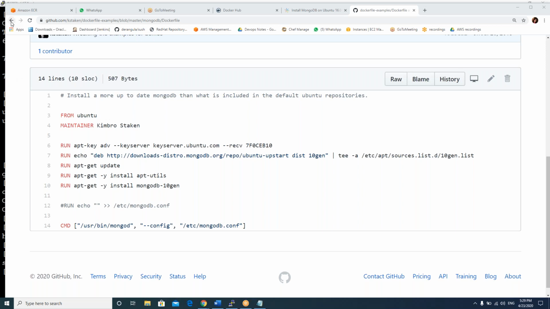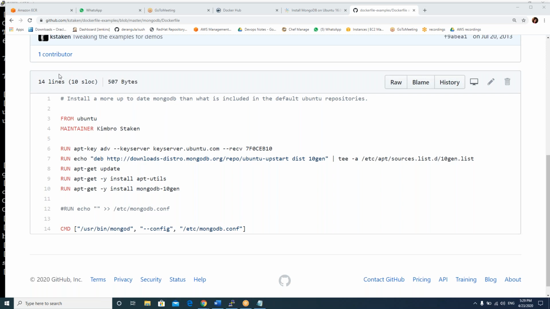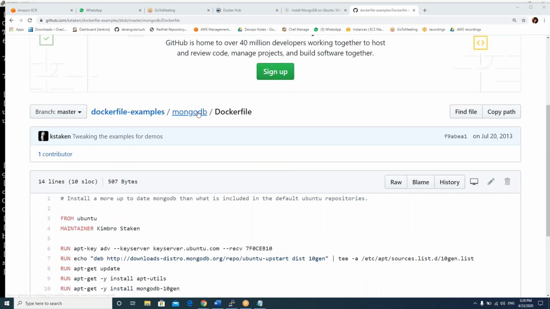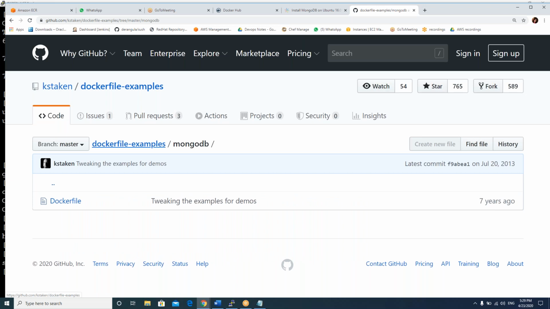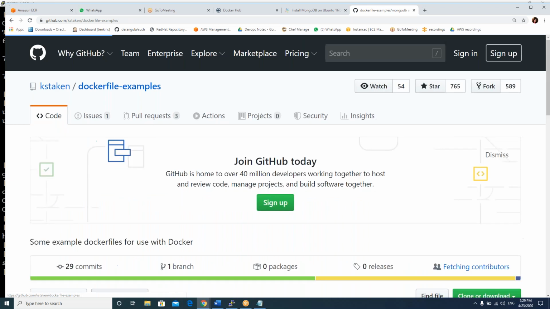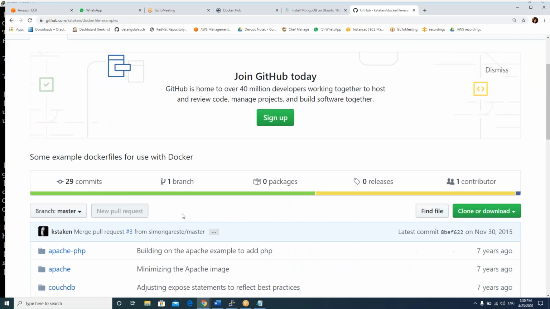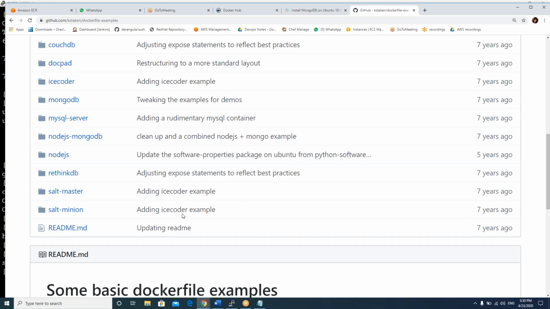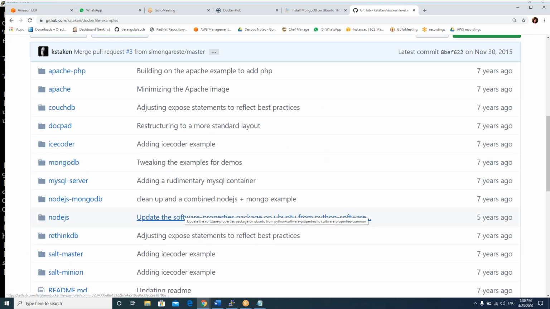Where do we use CMD versus init? Because in some Dockerfiles there is an init command as well. Init or entry point? Not init, it is entry point.